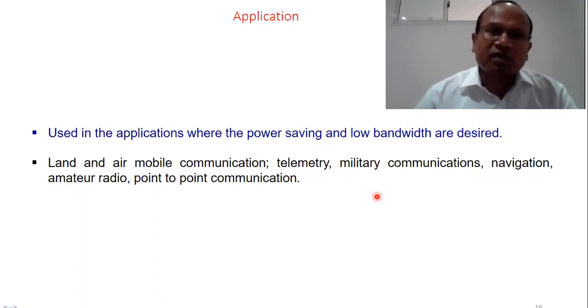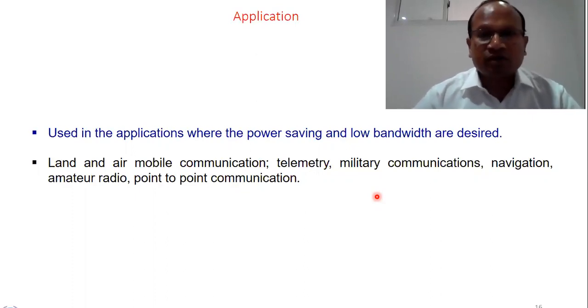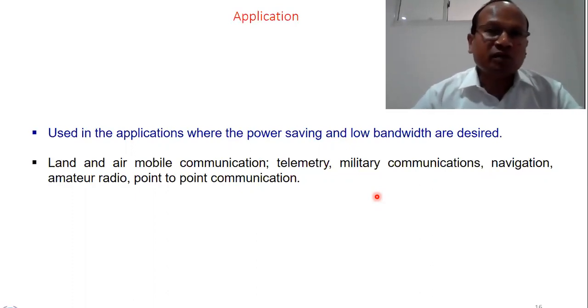And then there are drawbacks, because when we want only one sideband to be communicated and the carrier not to be sent, a precise value of carrier needs to be generated in the receiver. At the receiving end, frequency and phase synchronization arrangements are to be provided in order to generate the precise carrier frequency required to recover the signal in a better way. So extra arrangements are required, which increases the circuit complexity of the receiver, and thereby also demands some additional cost to provide that extra arrangement at the receiver.